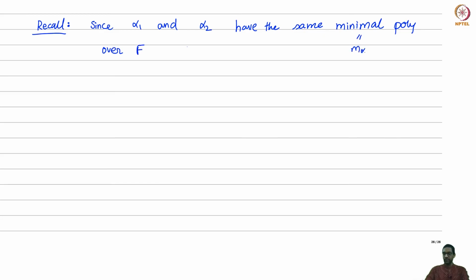What we called M alpha of X. Both of them are roots of that, and M alpha is irreducible, so it must be the minimal polynomial of alpha 2 as well. Okay, so since they both have the same minimal polynomial, we know that there exists an